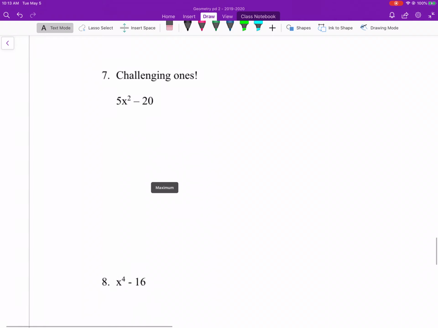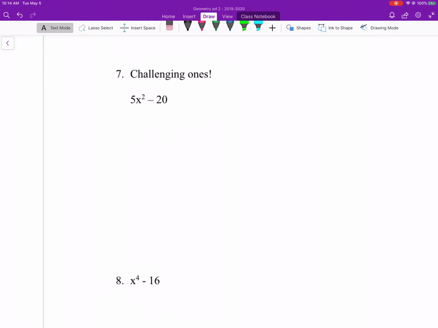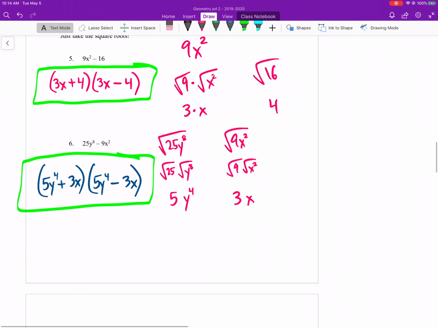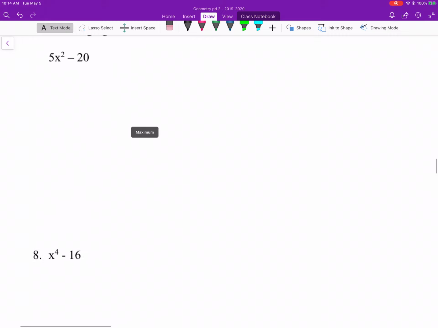Challenging ones. 5x squared minus 20. Why this is challenging? Did you check for GCF first? All right. There happens to be a GCF, so we have to use GCF factoring. Now, just because we're working on dots here, we're getting right into it. We're like, all right, dots, great. Here,